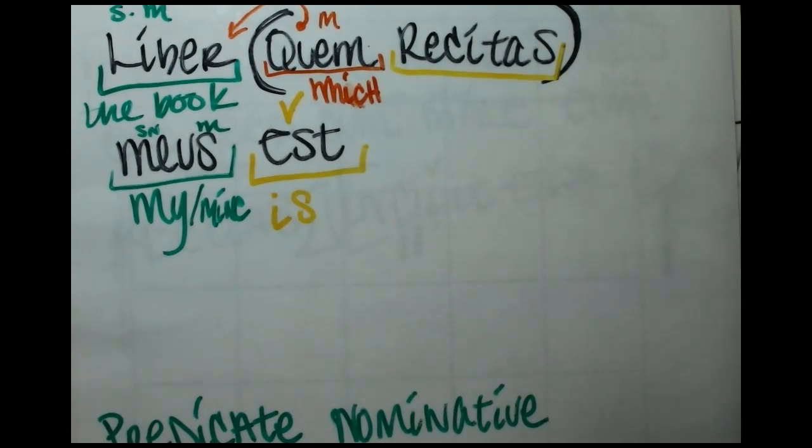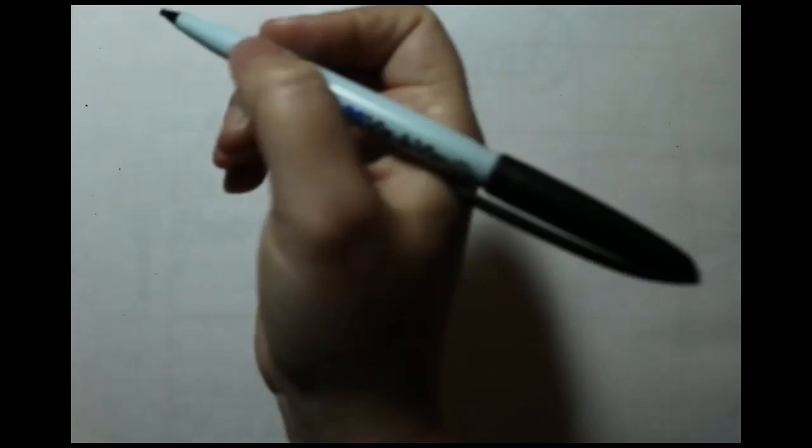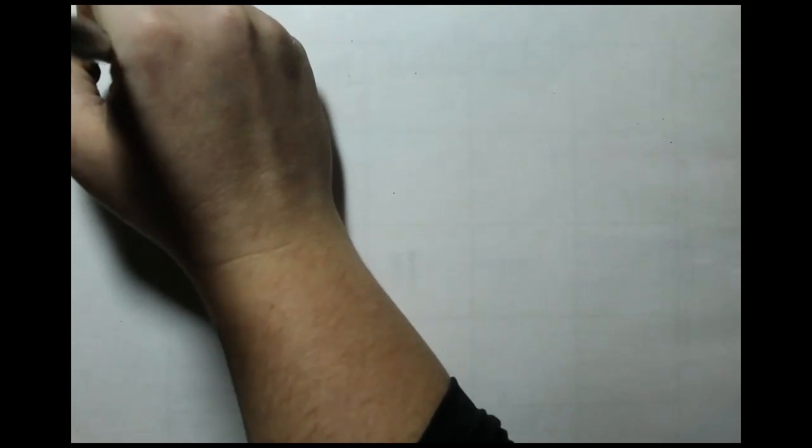So let's decline a verb, shall we? Or not decline, because we don't decline a verb, we conjugate a verb. Dang it. Swear to God, I will never not accidentally say decline when I mean conjugate. I will never not accidentally say conjugate when I mean decline. All right, so we have